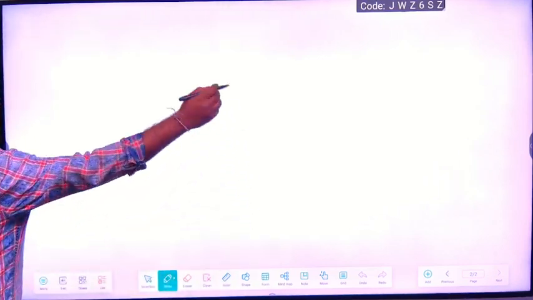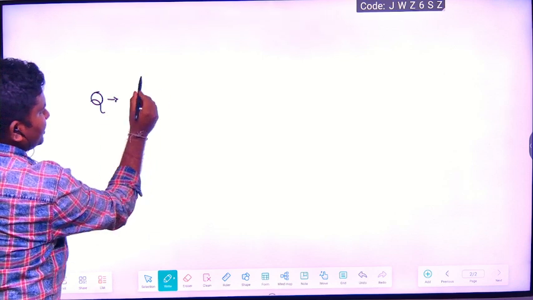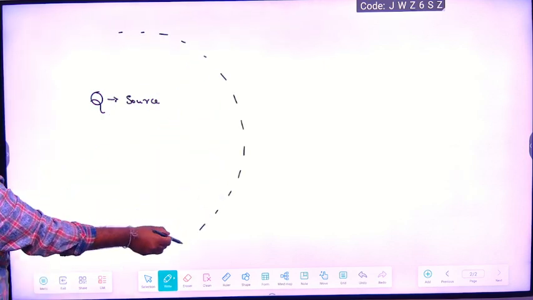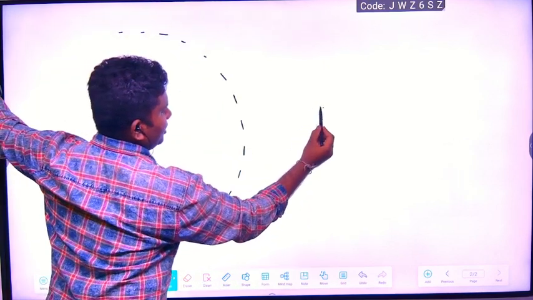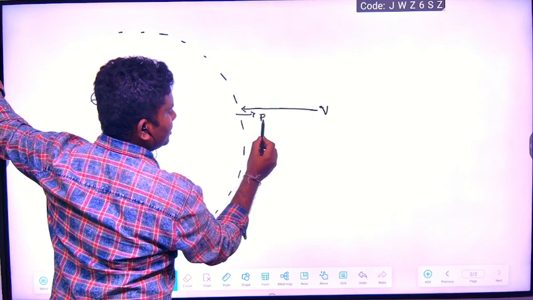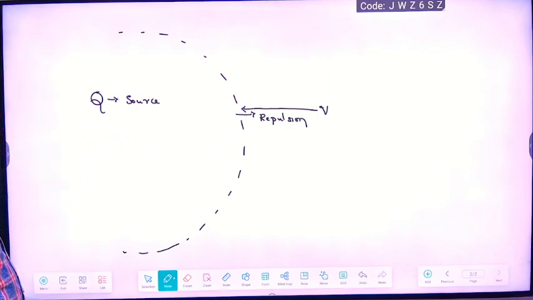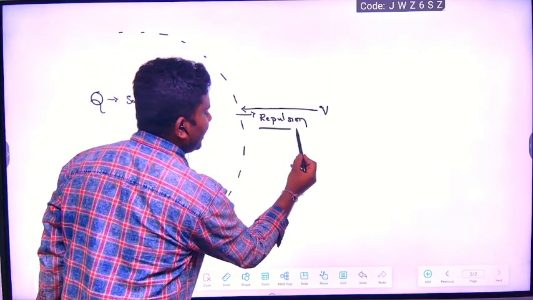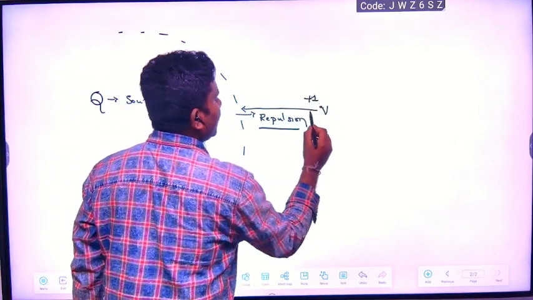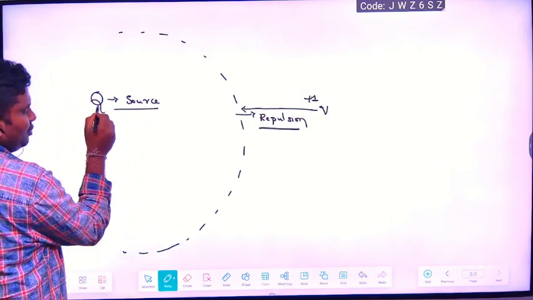Now, as we discussed, if there is a source charge, surrounding the source charge there will be a field, which we call the electric field. If a test charge, a small charge, enters that field, it will experience a force of repulsion. Why will it experience this force? Because this test charge is a positive unit charge, and the source charge is of large magnitude. But for example, if the source charge is negative,